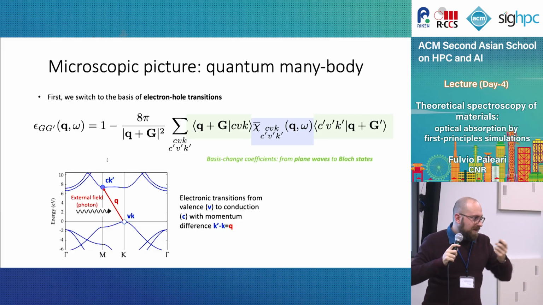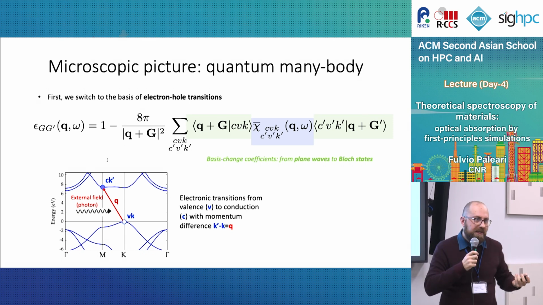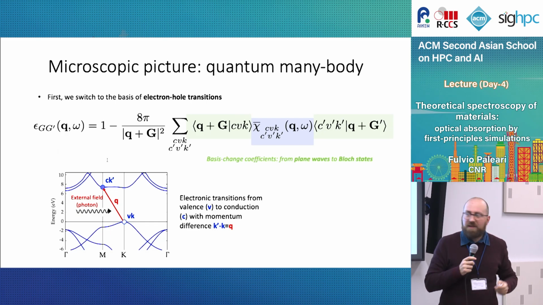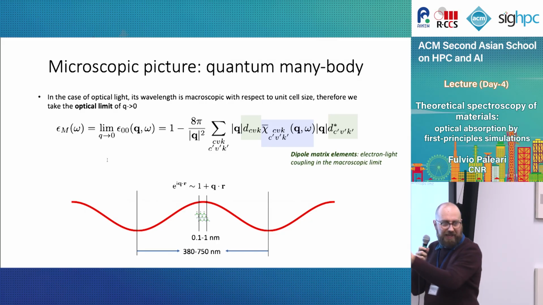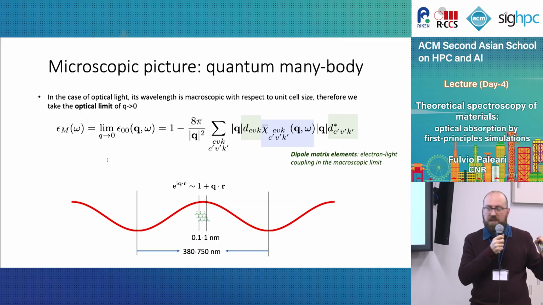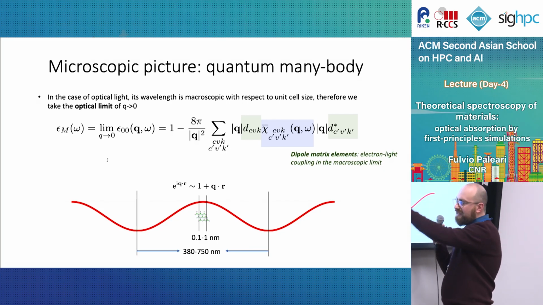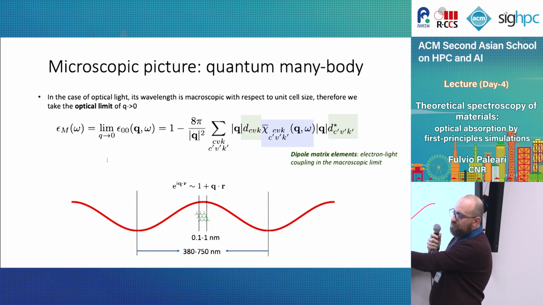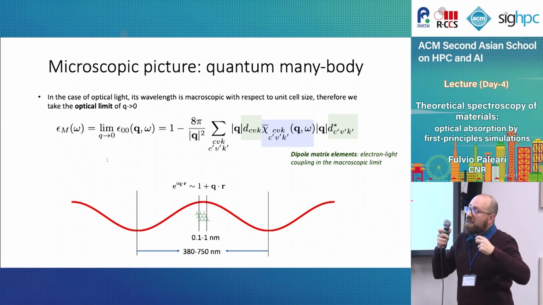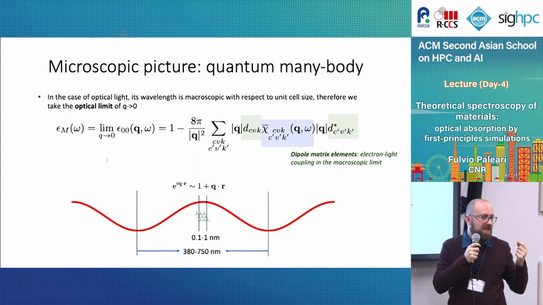Now there is a simplification that we can make, because we are considering optical absorption, so there is optical light. Optical light has a wavelength, and this wavelength is much, much larger than the microscopic repetition unit of the crystal. So yes, the wave formally varies in a sinusoidal way, but as far as the crystal is concerned, we have one or more orders of magnitude of difference. So we can approximate that it's almost constant over the length of a lattice unit cell.